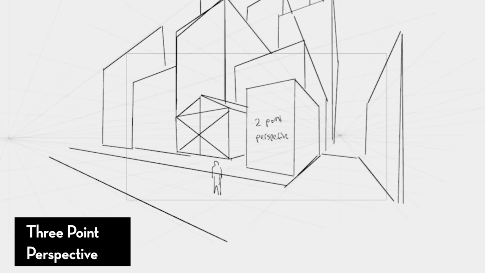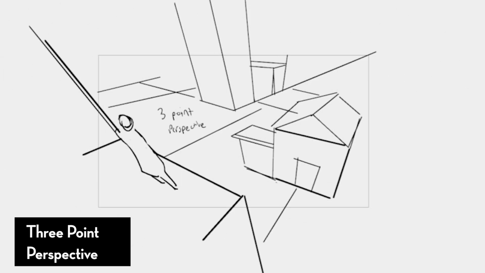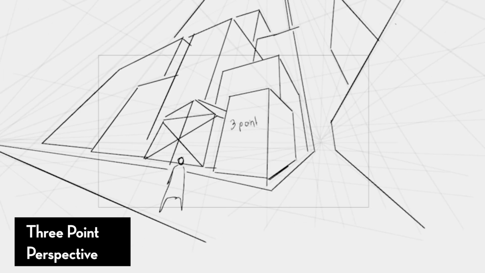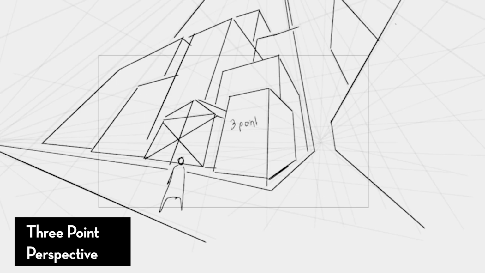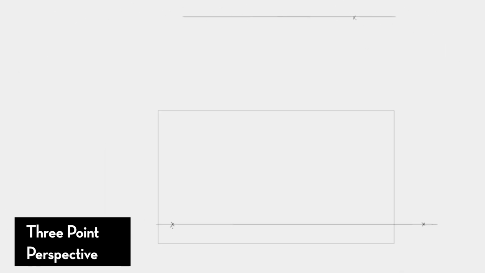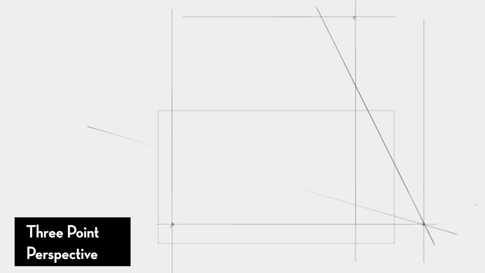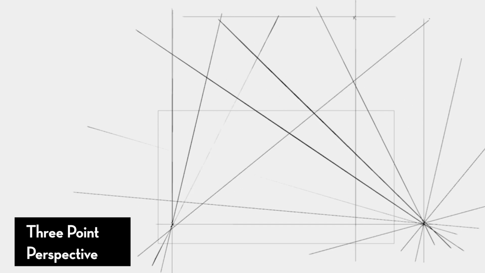Now, I've drawn these 2 examples as 2-point perspective, and while there is scale and there is depth, it does feel a little more graphic and flat. But with the 3-point perspective, we force perspective and depth using 3 vanishing points. The way we are going to prepare this is the same as we did for the 2-point perspective and the 1-point perspective. Our third vanishing point, however, will not sit on the same horizon line. We'll put a new horizon line far above, and this is where we'll put our vanishing point.